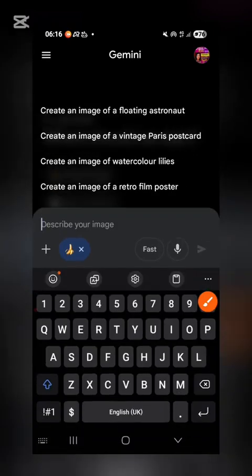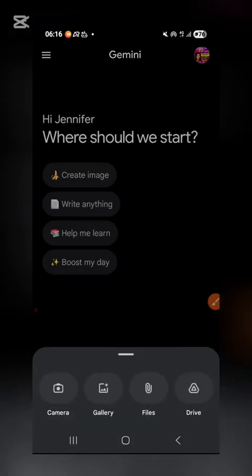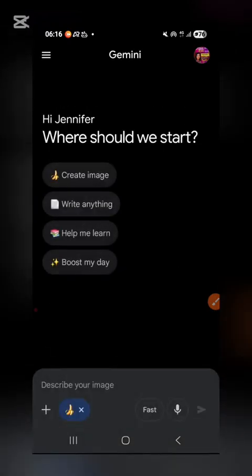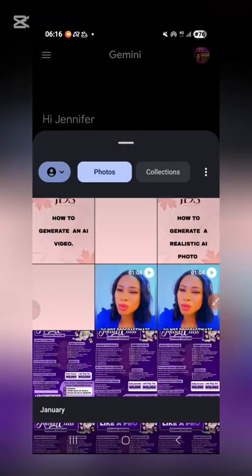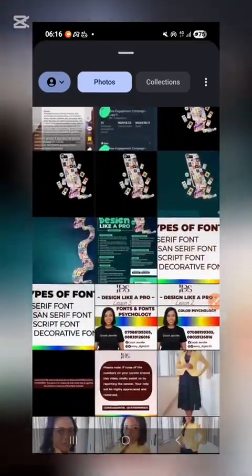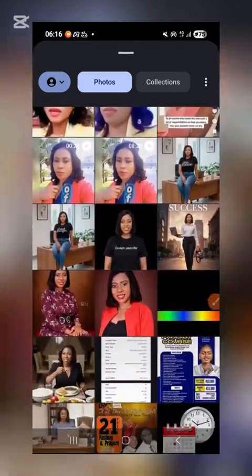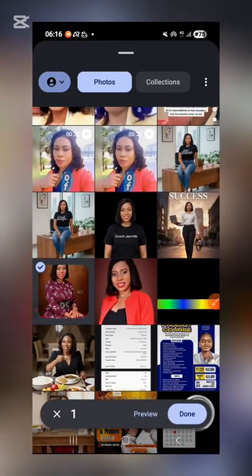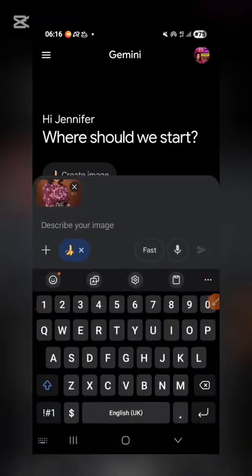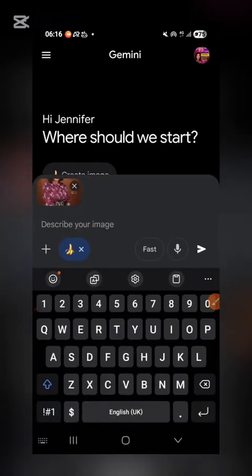All right, then I am going to upload my picture first. I'm going to bring in my picture. I'll click on this plus button. I'll come to gallery and I'm going to select my picture. Can you see this picture? I have selected my picture. This picture is very clear. It's even a studio picture. All right. So now I'm going to be telling Gemini